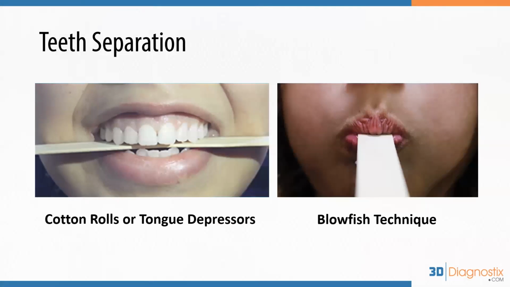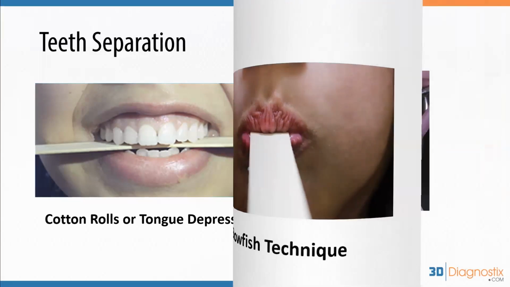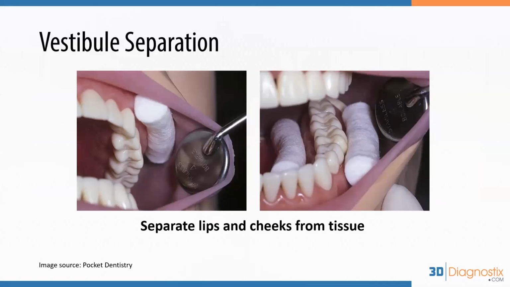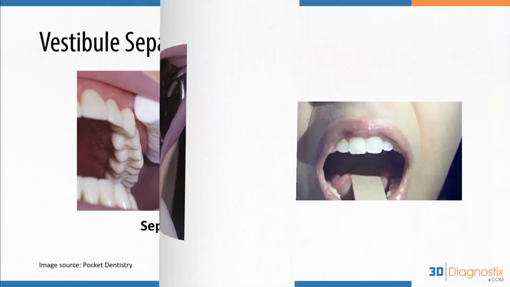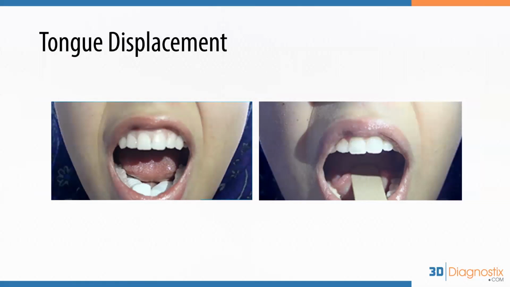This is an example of how you could separate the teeth, either by having them bite on a tongue depressor or cotton rolls, or having them do the blowfish technique. For vestibular separation, you can use cotton rolls in the vestibule and the lips to separate the soft tissues from the lips and cheek. Another way to displace the tongue is either using a tongue retractor or again adding cotton rolls to